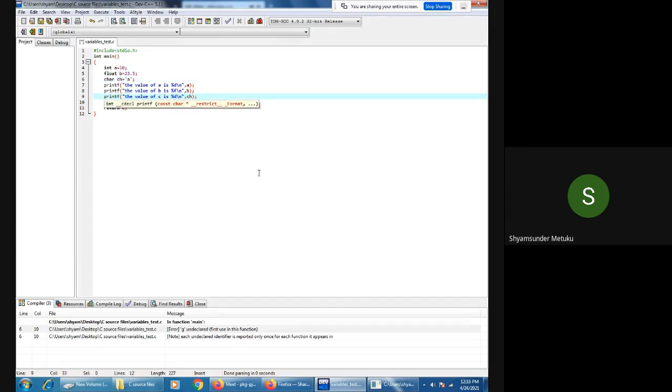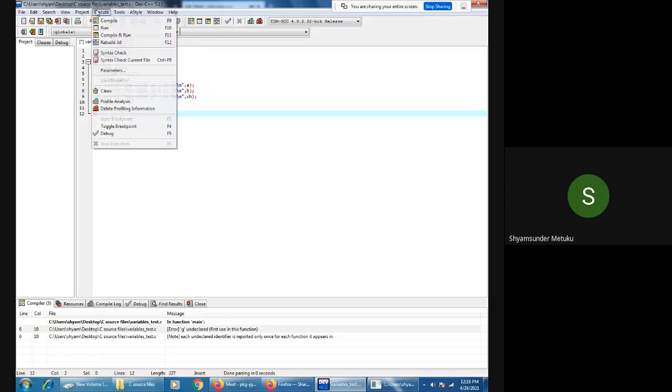So what is the number for a small a? 97. Okay. I'm supposed to use percentile C because of the character, but I wanted to verify its equivalent ASCII value. The value is an integer only, no? So you have the liberty to use percentile D, even though it is a character variable. Let me execute.